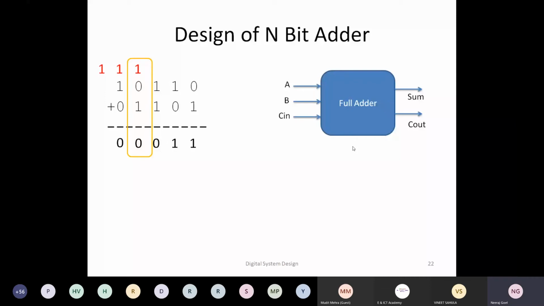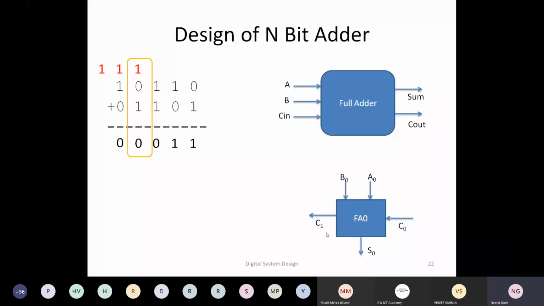If I would like to put it in a diagram, it would be something like this, for the 0th bit, because we are going from right to left. First I will create a block which does the 0th bit, which takes carry 0 as the input, and A0 and B0, meaning the 0th bit of A and the 0th bit of B, and the sum would be given as output, and a carry is also generated. This carry would be given to the next stage.